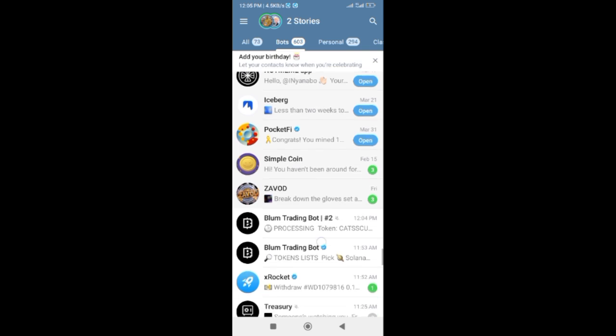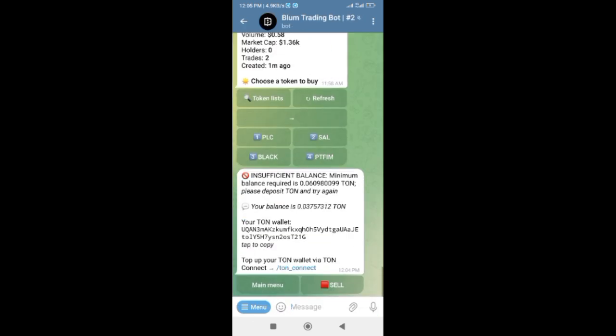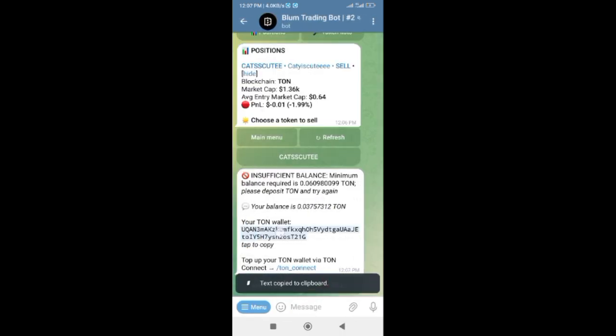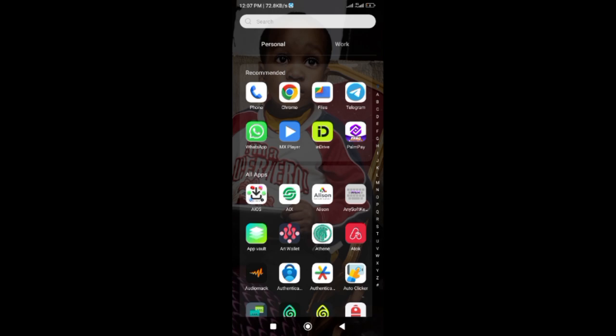So let me go back to the bot in order to sell the token. So click on sell. As you can see, it's showing me insufficient balance. That's why you have to transfer at least 0.2 ton, so that by the time you buy the token, you can be able to sell it immediately. So if your ton is not enough, just go back and then deposit more ton so that I can be able to sell the token. So I will go back to my ton keeper